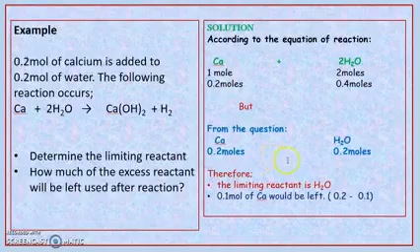So what we do is, okay, we have 0.2 mole of water. So for 2 moles of water, we have 1 mole of calcium. So that is, for any quantity of water, we have half of it for calcium. So for 0.2 mole of water, we are going to have half of 0.2 mole for calcium. So what it means is that we are going to use only 0.1 mole of calcium out of the 0.2